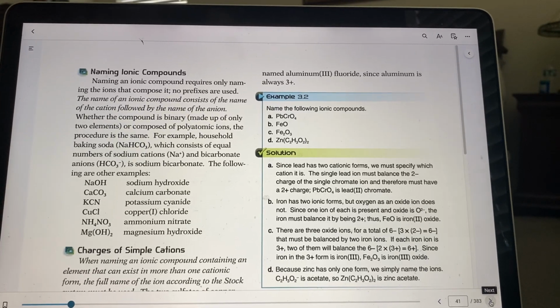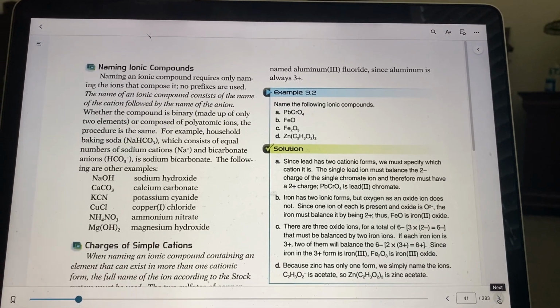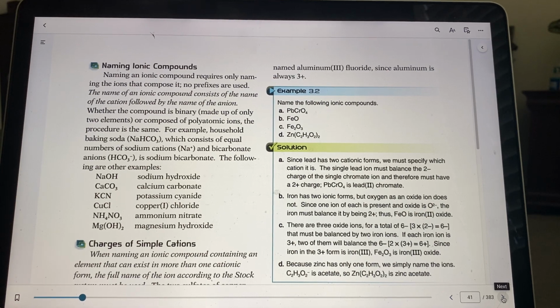So we're continuing with chapter 3, the second session, and I got detained there because I got a phone call,